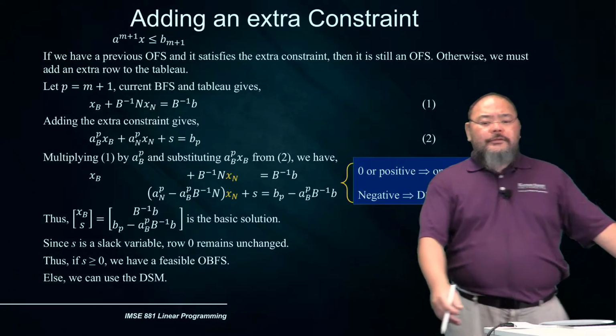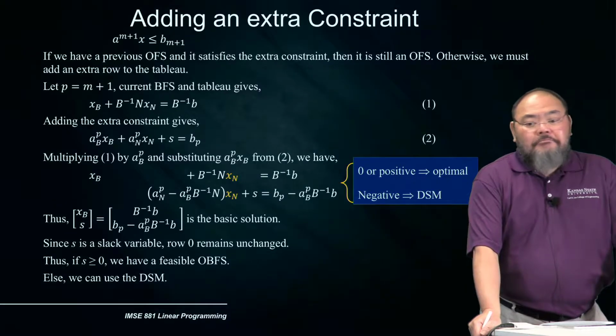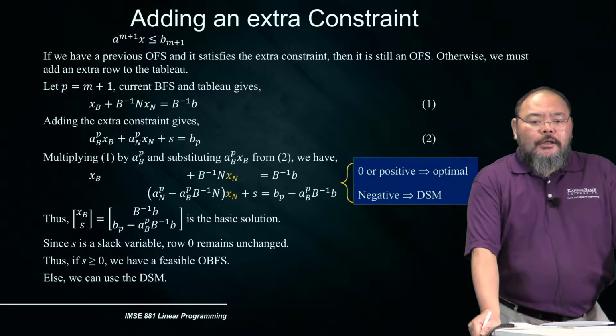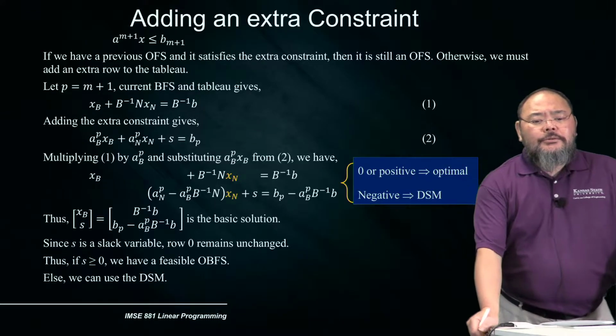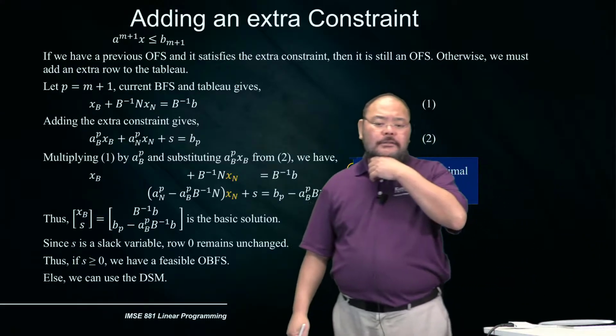If we have a previous optimal feasible solution that satisfies the extra constraint, then the current solution is still optimal. If not, we must add this extra row to